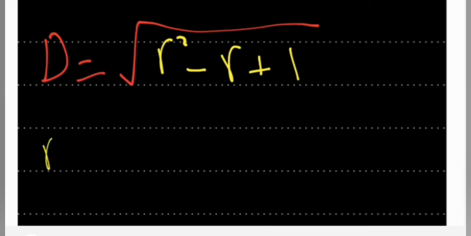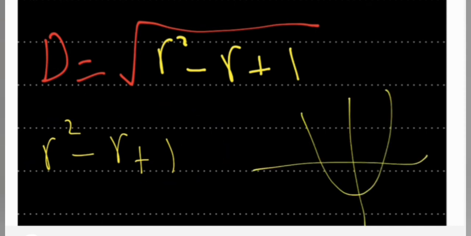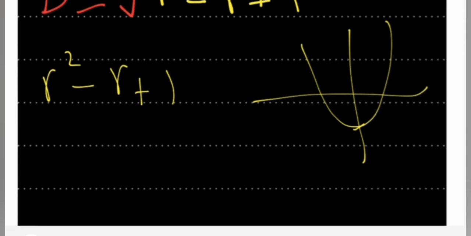So r squared minus r plus 1. We wanted the smaller possible. Now you need to remember that this is a parabola, so it is something like this, and it is a happy one because it's positive right here, so it has a minimum point. So perfect, right? This minimum point